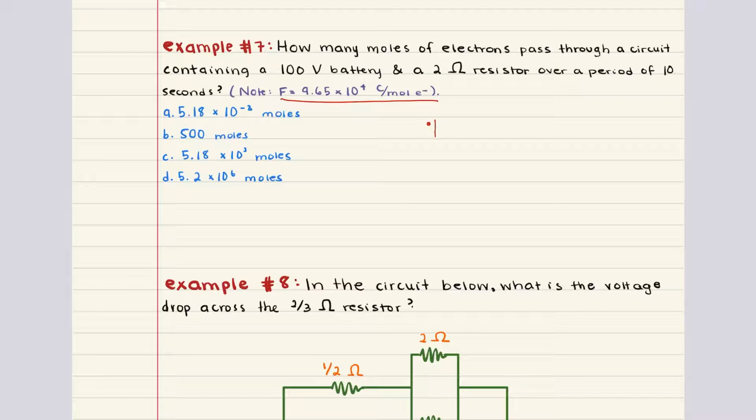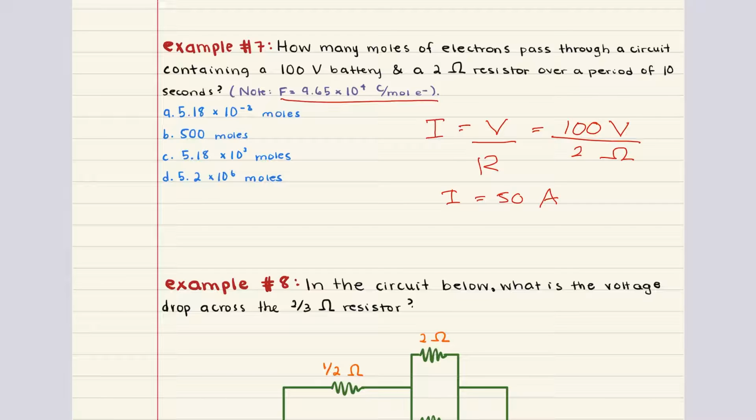It tells us that current is equal to voltage divided by resistance. We're given the voltage, 100 volts, and we're given the resistance. So we can go ahead and plug them in, and we have 100 volts divided by 2 ohms. And this gives us a current that is equal to 50 amperes. Now that we know that the current is 50 amperes, we can move into the next step,